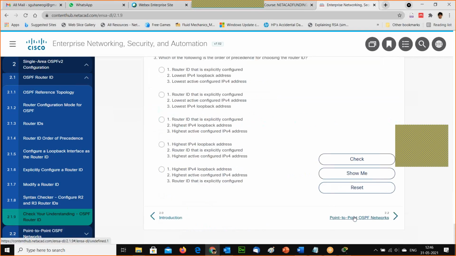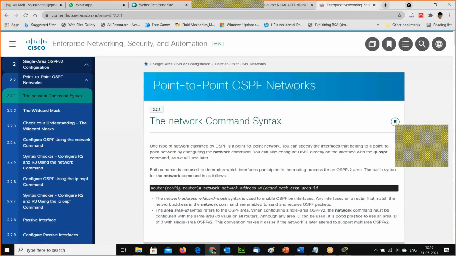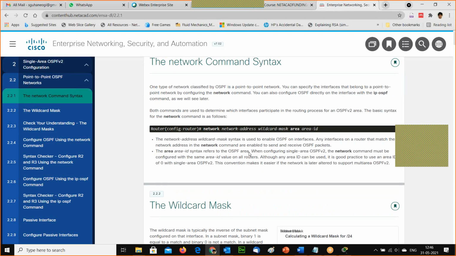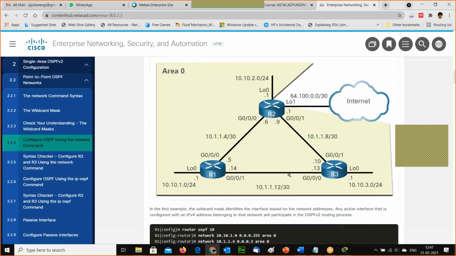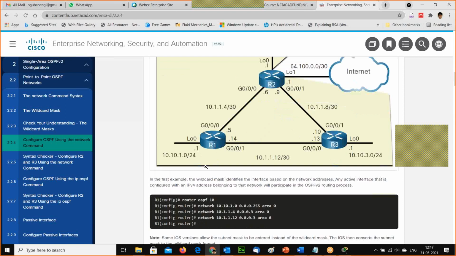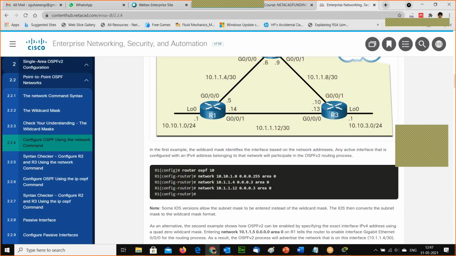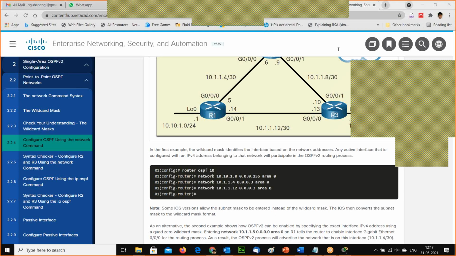I'm going to some other discussion, that is hierarchical routing or point-to-point OSPF network. Point-to-point OSPF network is kind of a plugin where we don't have a much more complex network. But OSPF is meant for complex networks. We can actually go and create a lot of complex networks with OSPF. Okay. So first and foremost, I have to configure the OSPF.